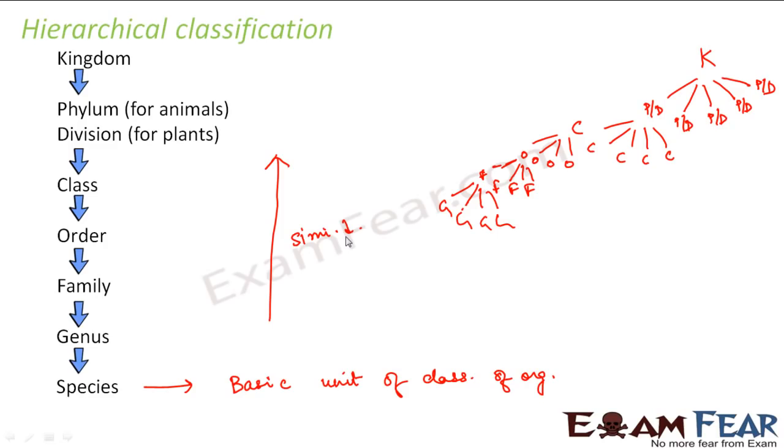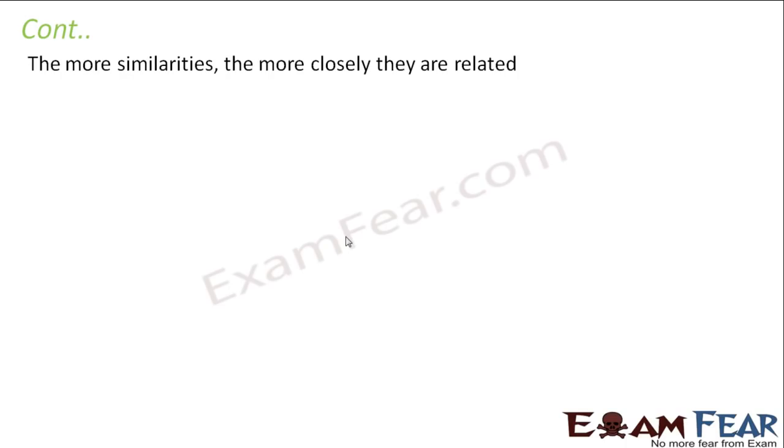Okay, let us try to understand this concept taking a very common example from our day-to-day life. So let us look at this example. We say that the more the similarities, the more closely the persons are related. For example, forget about any other living organism. Consider human beings. Have you ever observed that each one of us looks very similar to our siblings? We look very similar to our brothers or sisters. We also look similar to our parents.